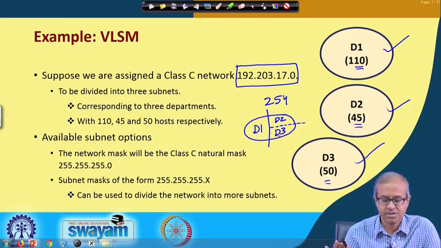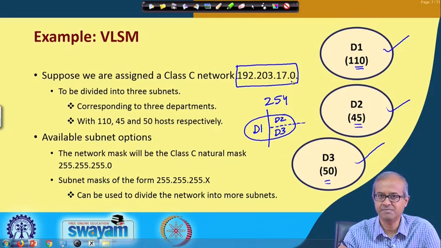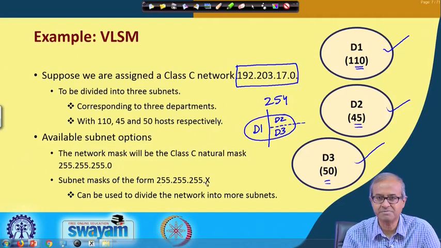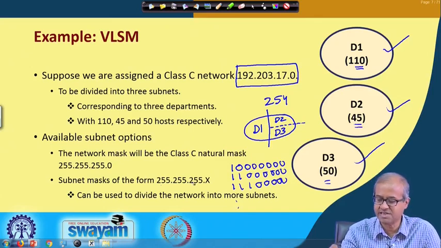So, there are 2 subnet options we will see. The first one, let us see if you can do it without VLSM, by using a normal subnet mask. Let us say we have a class C address, just using some subnet mask 255.255.255.x. X can be 1 followed by 0s, or it can be 1 1, or 1 1 1, so many options. Let us explore whether any of these can satisfy our requirement.